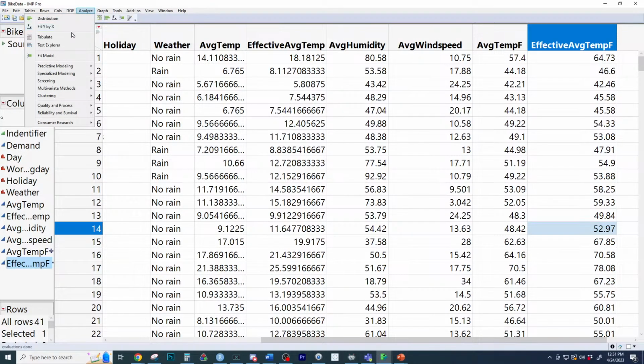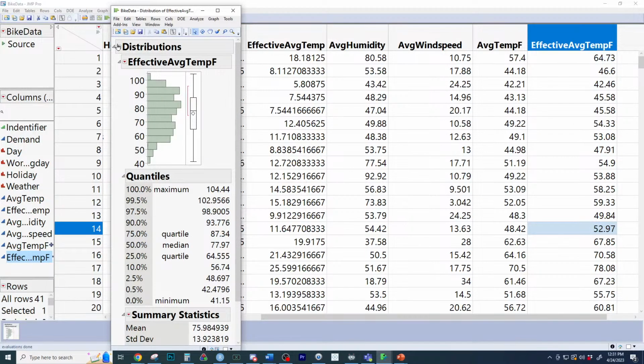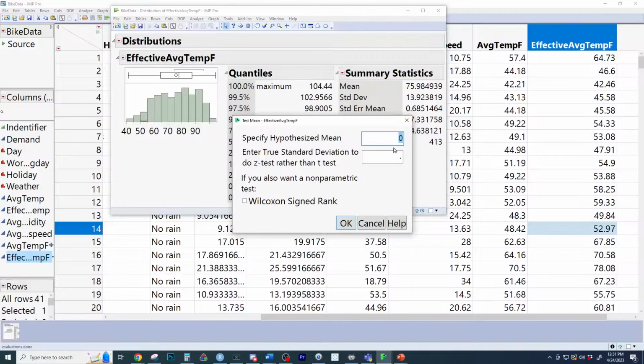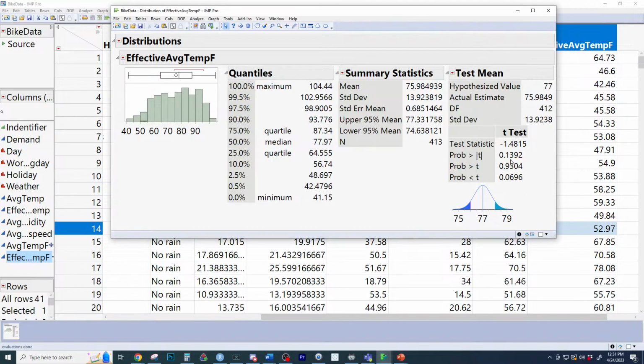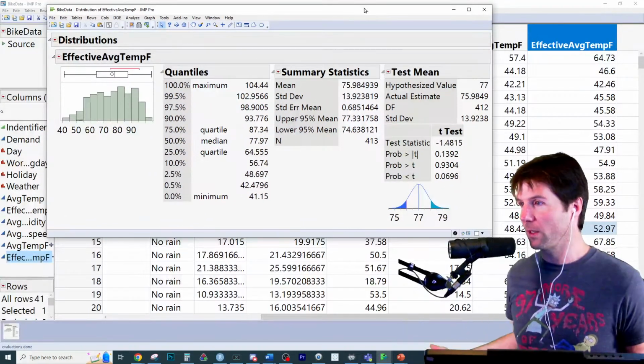You go over here, you go to analyze, analyze distribution, effective average temp. You run the data, it looks very nearly normal. And 77 is within the interval. So let's go here to test mean, and 77 is going to come back with a p-value of like 8% or something. We run it, the p-value is 14%, and I knew it would be higher than 0.05 because it's in the interval. All we do is look at the does-not-equal test, and the p-value is greater than 0.05. We don't go and calculate critical values.